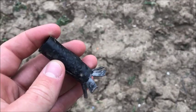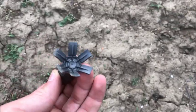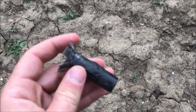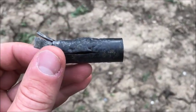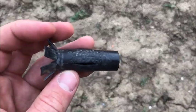Okay, walking down range, here's the recovered Flitecontrol Flex Wad, almost all the way to the target. You can see those great big petals opened up. You can see it kind of smudged like they show in the picture, like it squashes down or something. So, not exactly sure what that's about, but...